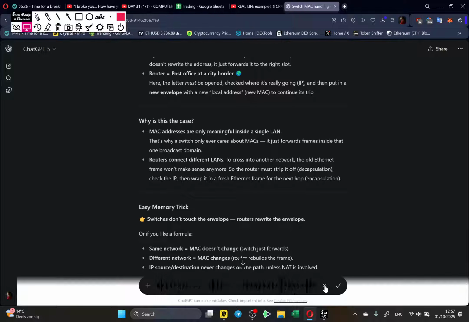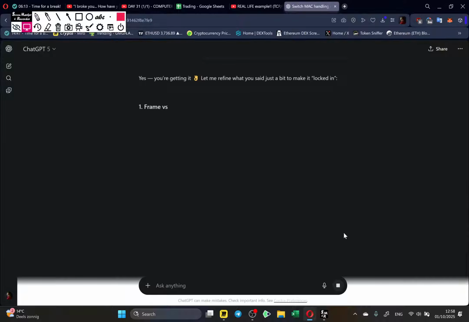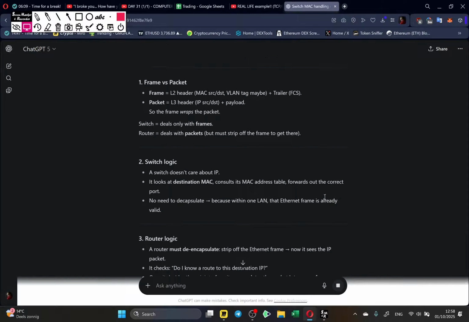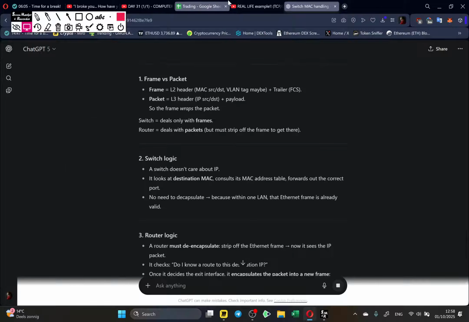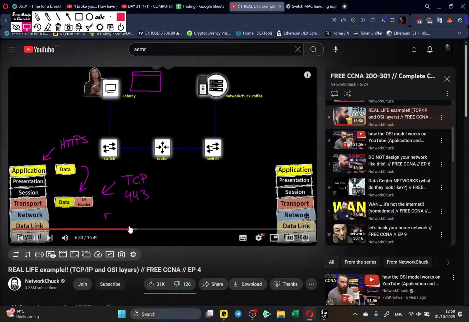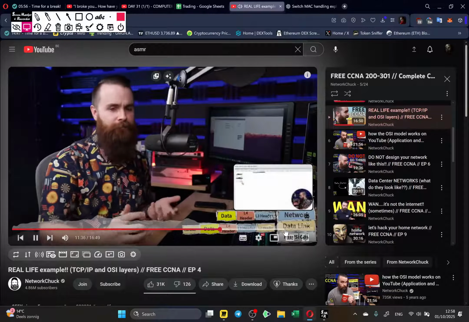The router, though, has to often reach a different IP packet and has to look at its ARP table, right? And that's called encapsulation, giving our routing layer that it's now stuff. Awesome. So real quick,